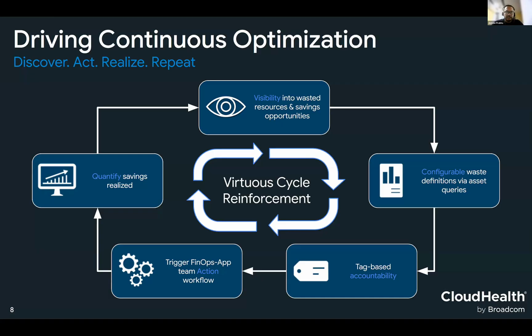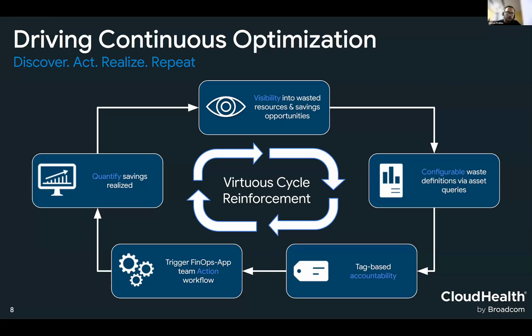We start there with visibility, and then we would like to give you flexibility to configure the same, to the best extent possible. If we are talking about waste, what waste really means to you, right? That's what we want to do in the second step, configurable waste definitions. This is very specific to the first beta which we are introducing, which I will also demonstrate briefly. It's for using asset properties, right? But this context can be extended to any area in the platform, such as right sizing recommendations, right?